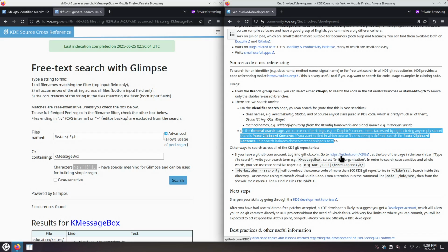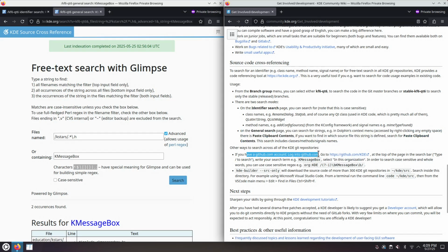The real Git development happens on the website https://invent.kde.org, not on https://github.com/kde. But this requires that you have a GitHub account in order to have the search across the organization KDE